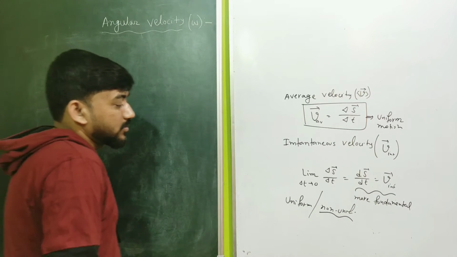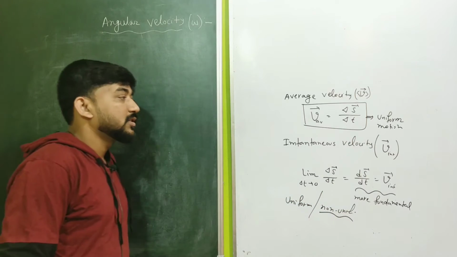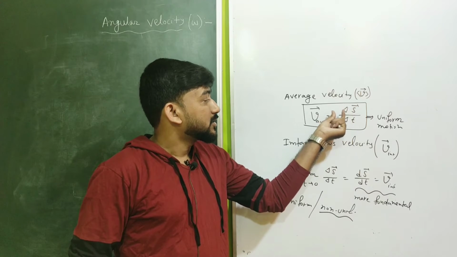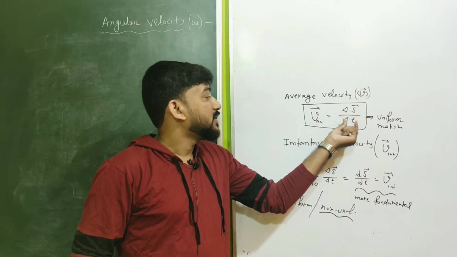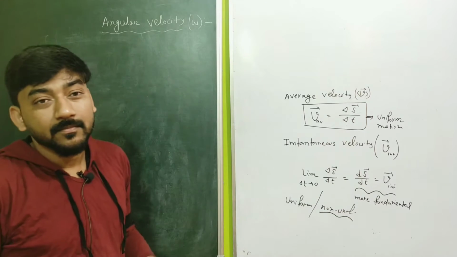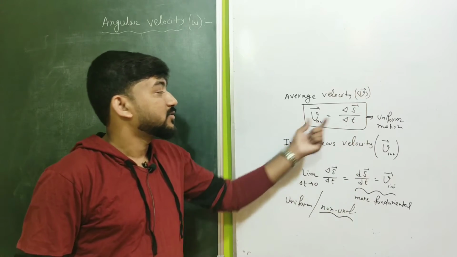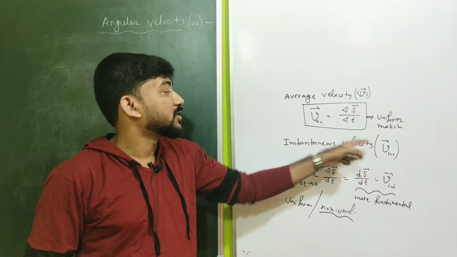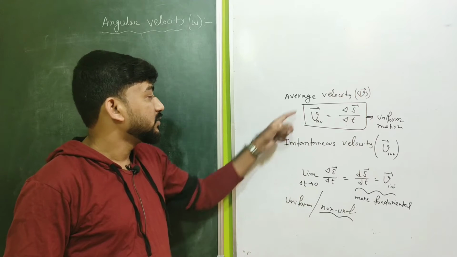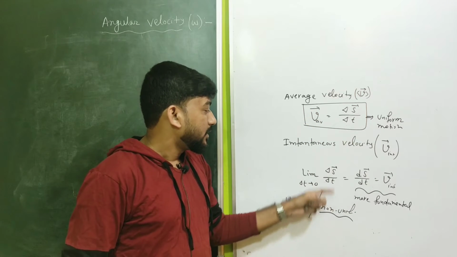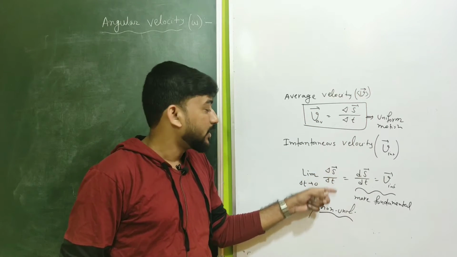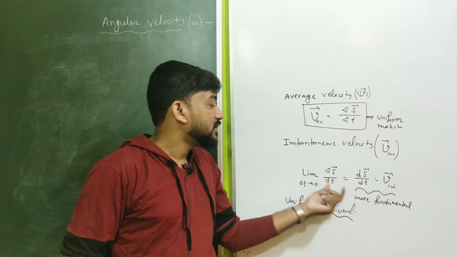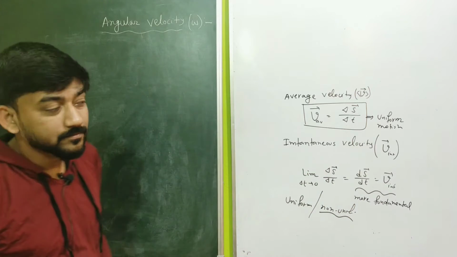What do we actually mean by uniform and non-uniform motion? Uniform motion means that for every time interval, the distance traveled, the displacement of the particle, is the same. That means v is equal to constant, so this ratio will be constant every time, and in that case this is uniform motion. But if s is a function of time, it will vary with respect to t for different time intervals. If del s is different, then it is called non-uniform motion.